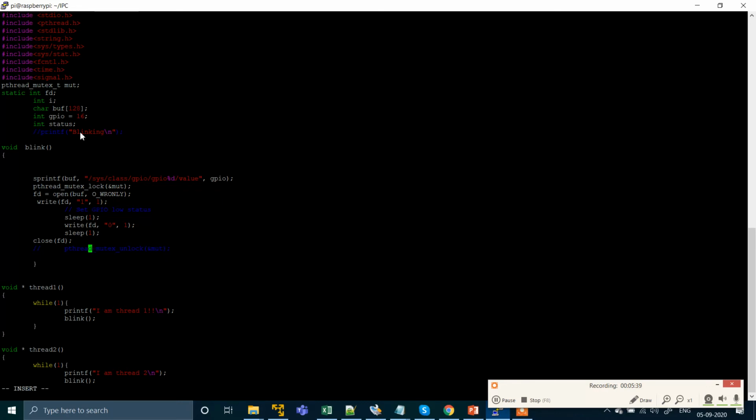So you can lock and unlock. I am going to lock and then unlock. So if any thread calls this blink function, it will take this time to perform the actions and then it will unlock. This is the API to unlock your critical region, and this is the API to lock it.